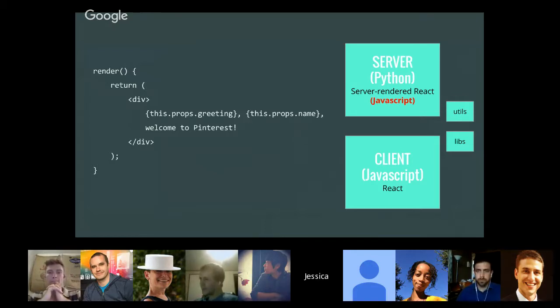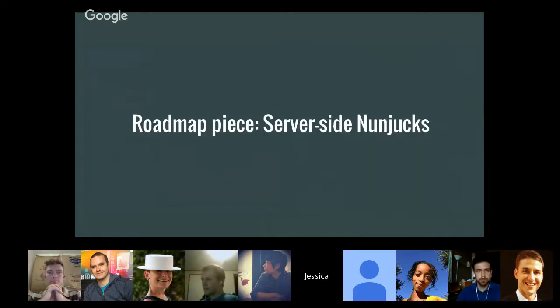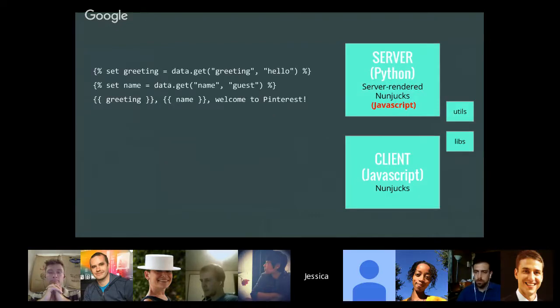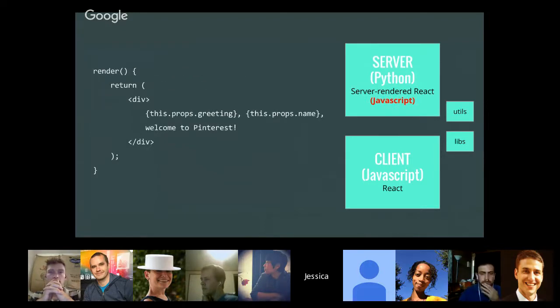And I didn't do the entire roadmap. I only did a piece of that roadmap, and that piece I'm calling server-side Nunjucks. What this does is get our server to call Nunjucks. Why aren't we calling React? Well, in order to do this incrementally, we want to take that first baby step, which is just having our server be able to call JavaScript, even though it's Python, and then have it read the templates that are currently being shared between server and client. And then from here, we can start iteratively changing the templates.